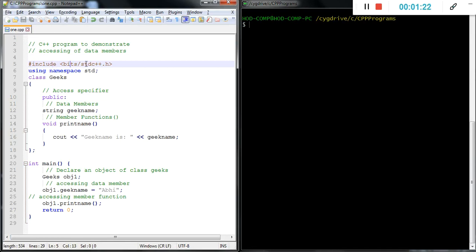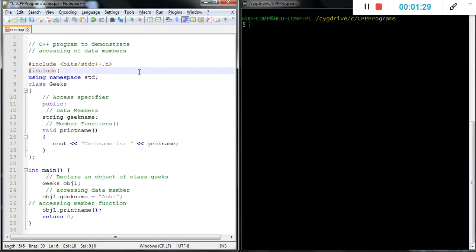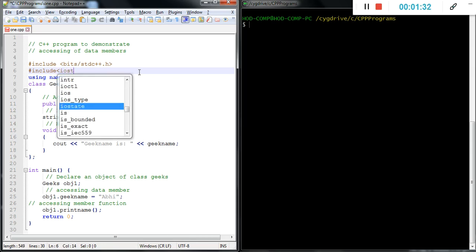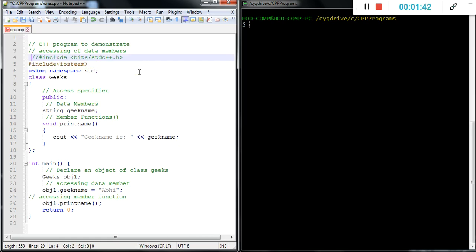You can include the library with include iostream, or you can directly use bits/stdc++.h, which is a header file that contains multiple classes and content useful in C++.